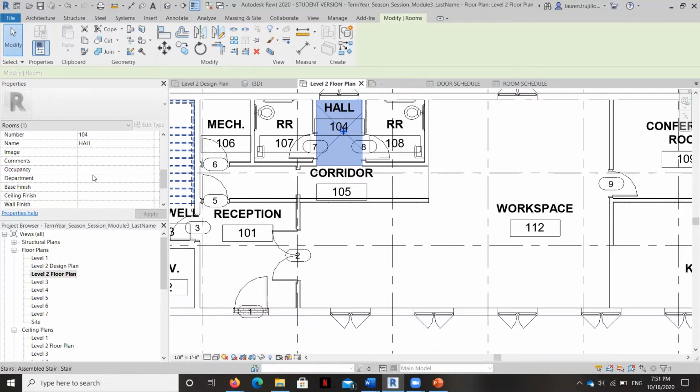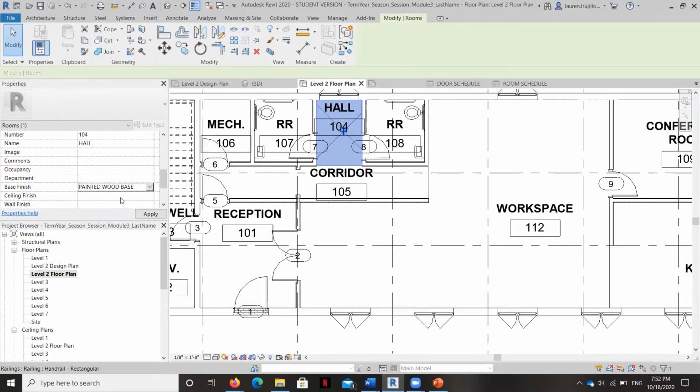The department we're not going to put in, but the base finish, let's say, is going to be painted wood base. Now I'm entering this in manually, so Revit doesn't know this. It's not related to the field. It's so that the designer can populate the information with exactly what they want to put in, because when it comes to some of these finishes, it's really important that they're not just automatically generated, especially if they're going to be tied to specific information from the manufacturer.